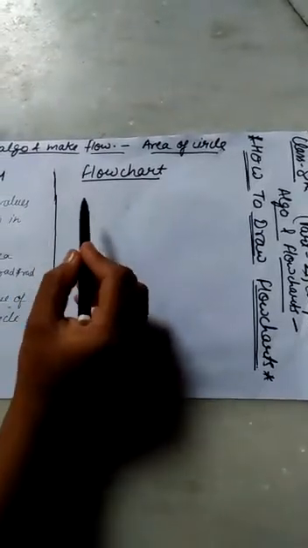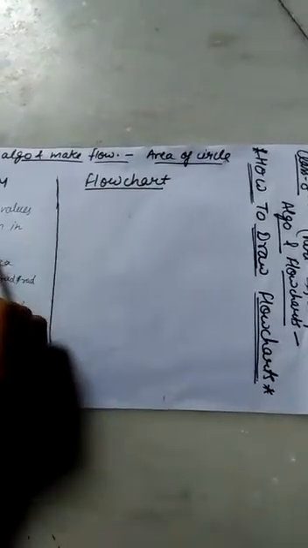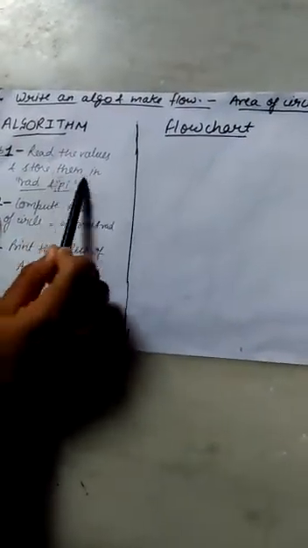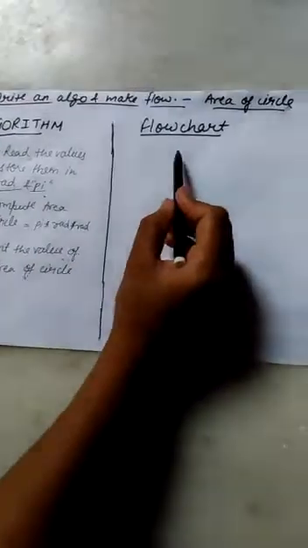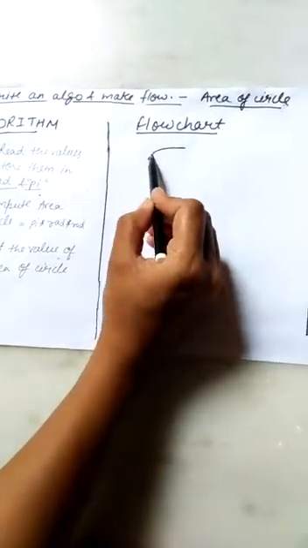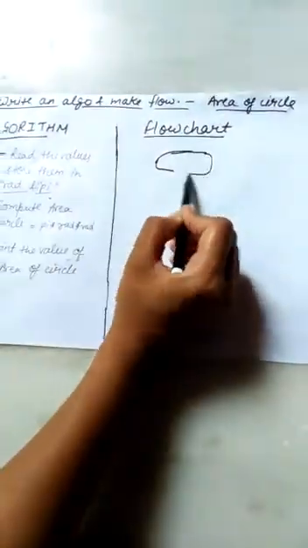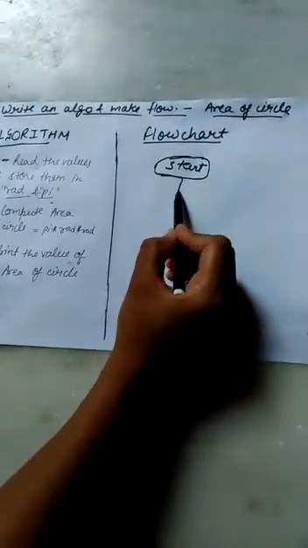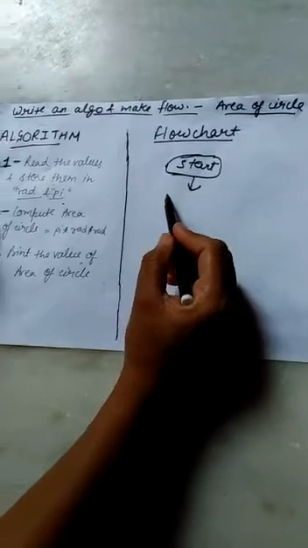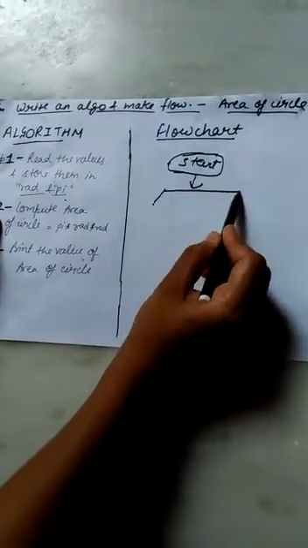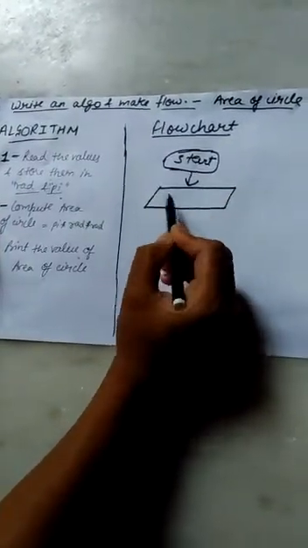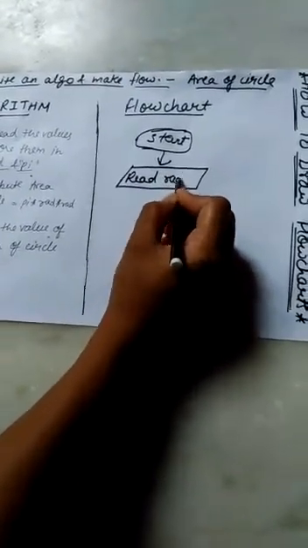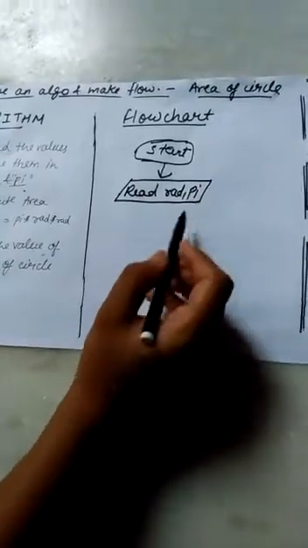See here, we have to read the values and store them in pi. See, the first step was to read the values and store them in pi. First, what we have to do is draw the flowchart. So like this, we will draw the start, okay, then a flow line, then they are saying to read. This we will write in the input output box because we are giving it as input. So it is read, two values we are taking, rad and pi only.